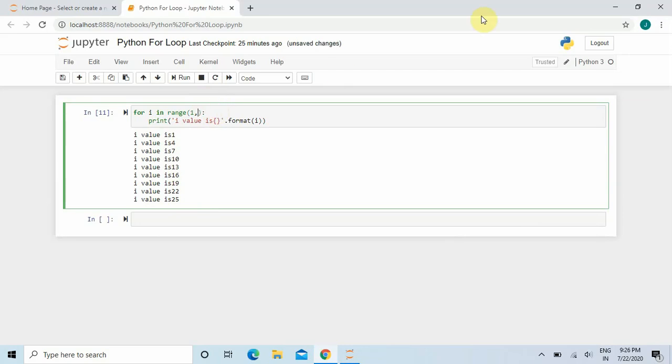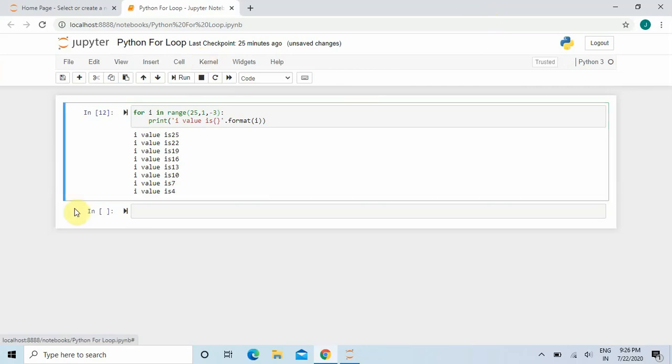Here you will give the starting value as 25, since I am printing it in reverse order. Now I am giving the end value as 1 and I am decrementing, that is, I am asking the Python interpreter to subtract 3 from the previous value. Now let me run this.